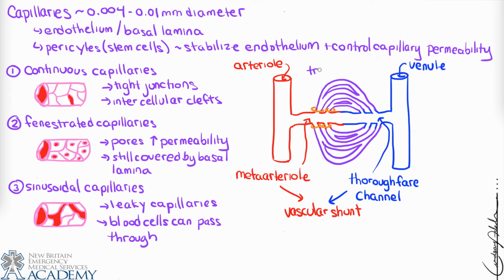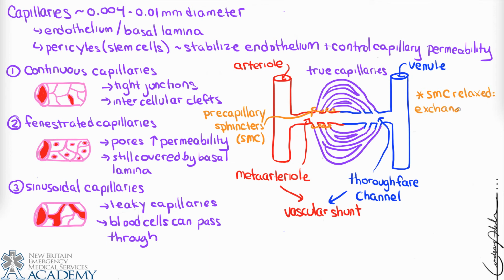So the purple is the true capillaries, and then we can see that we have these little precapillary sphincters that surround the entryways into the true capillaries, and those are smooth muscle cells that make up the sphincters. Basically, if the smooth muscle cells are relaxed, then the blood flows into the meta-arteriole and also flows into the true capillaries, and then we can have exchange with the peripheral tissues. Conversely, if the smooth muscle cells are contracted, they're sealed off and the blood can't pass into the true capillaries, and it just passes through the meta-arteriole to the thoroughfare channel and directly to the